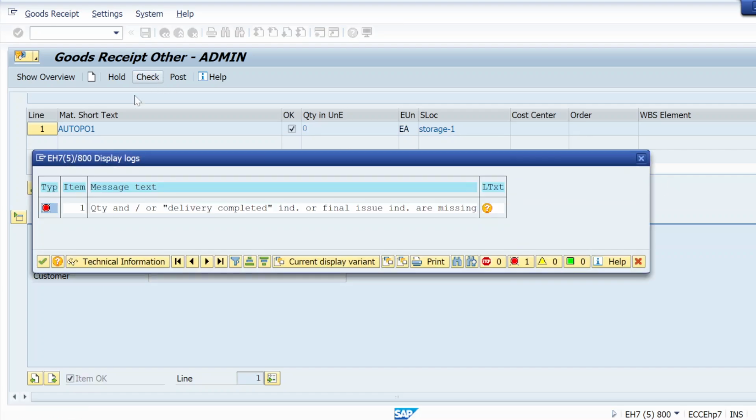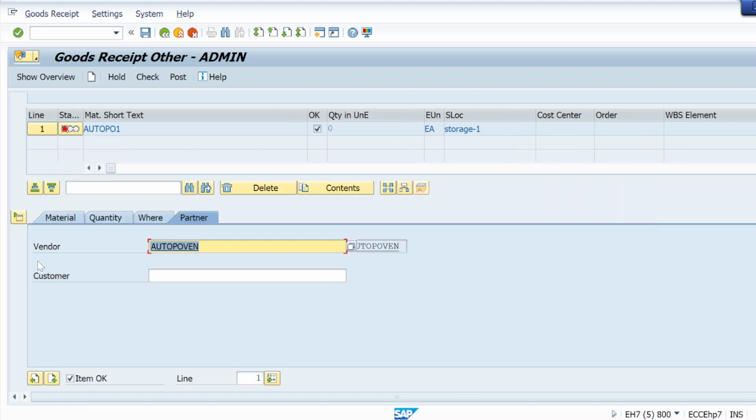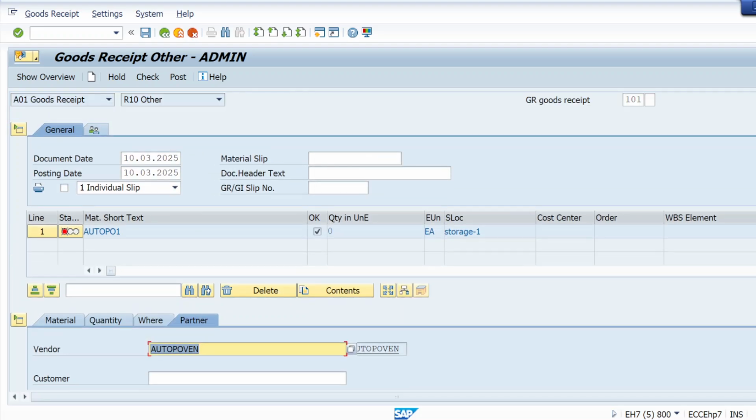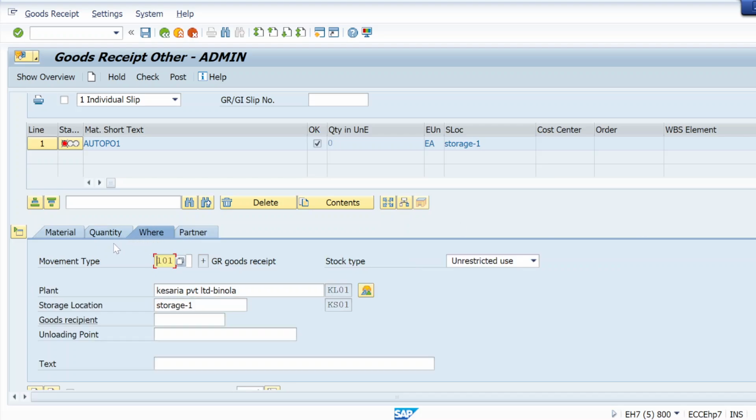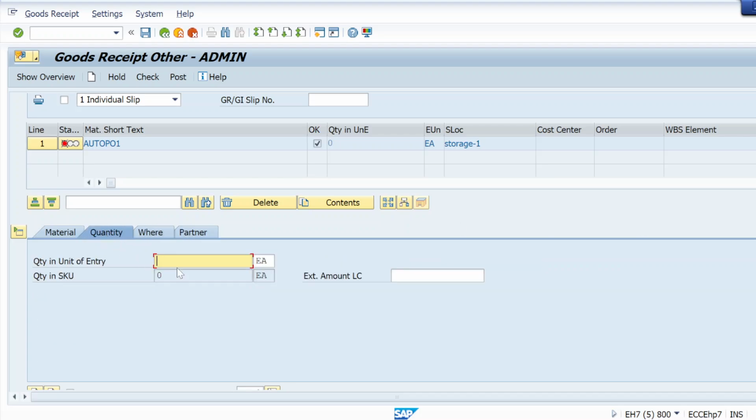Check. Let me see what error is coming here. Quantity, hit enter. Check. Now it's turned green. It's error free. Okay, just post it.